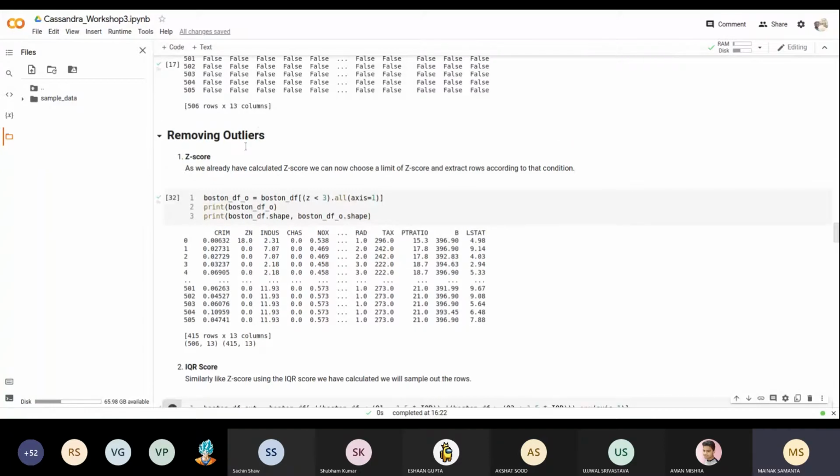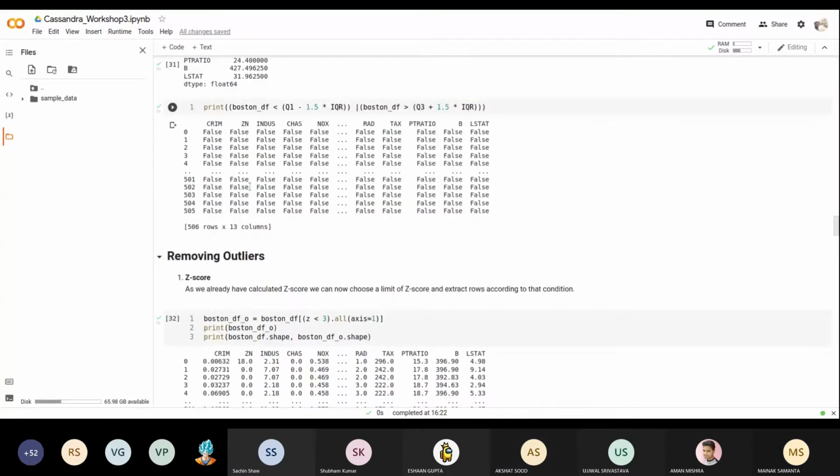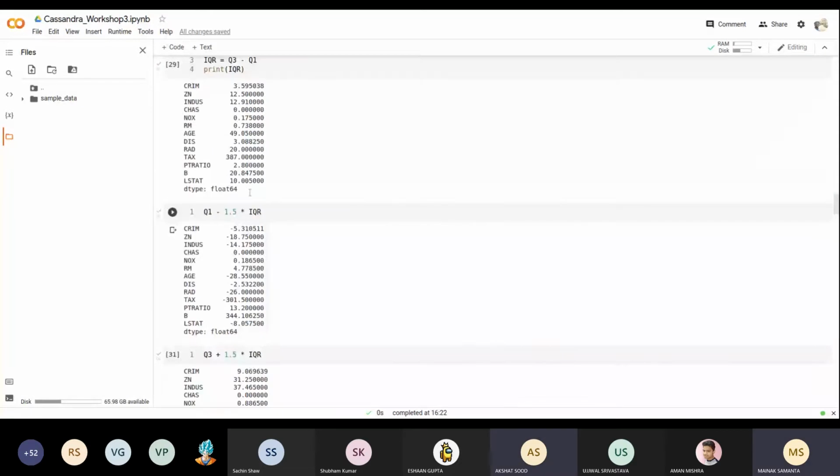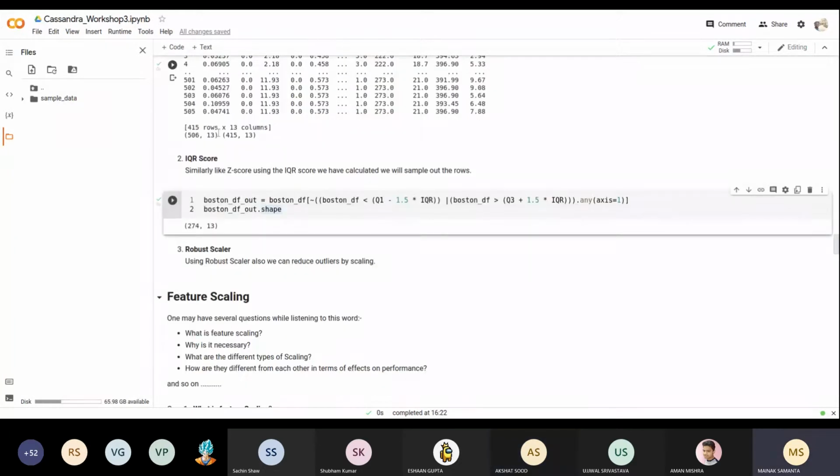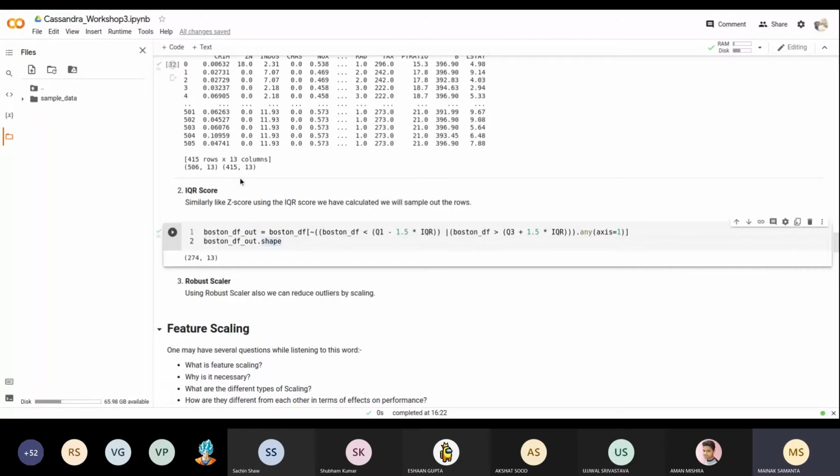If you see the dimension, here it is 506, 13. So when you say .any or .all with axis equals 1, you are selecting everything along axis 1, which is 13, the 13 columns. You are selecting all the columns. That's what you are doing.